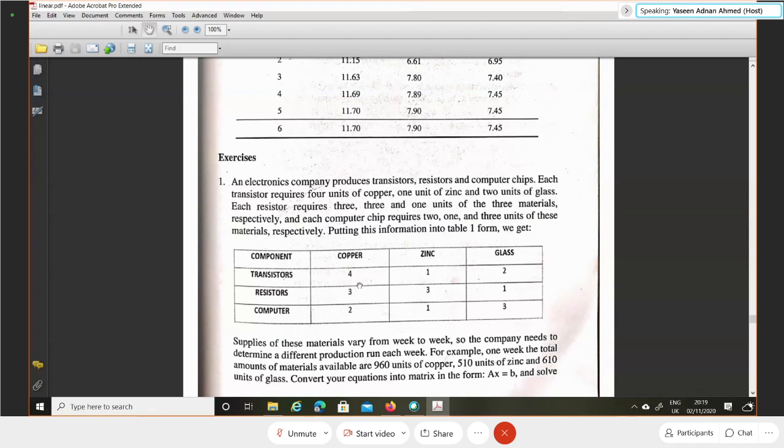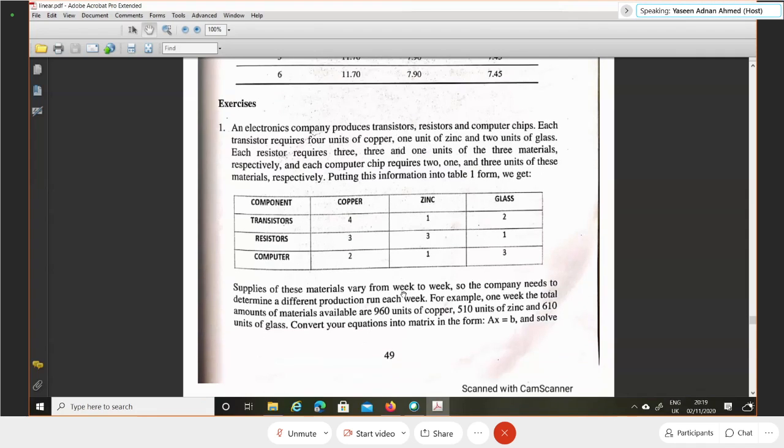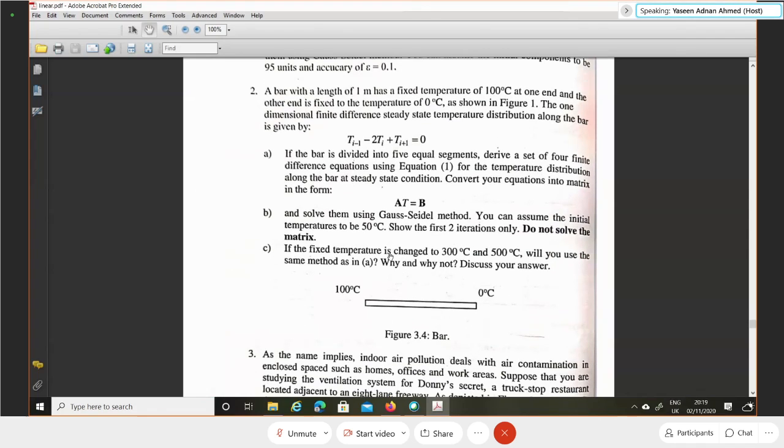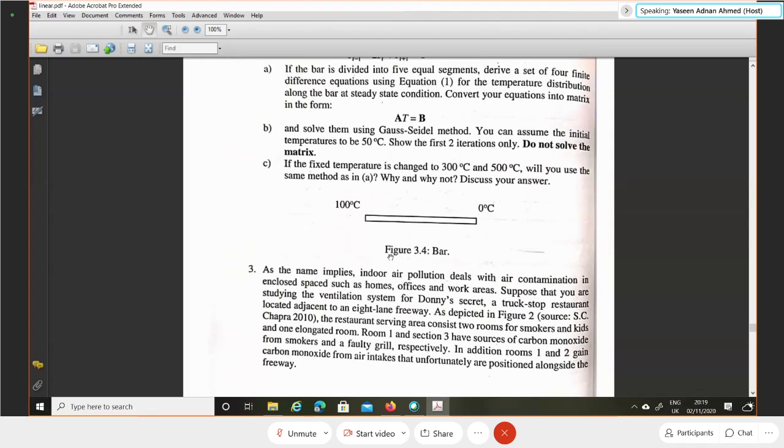They want to make something, with some percentage of copper, some percentage of zinc, some percentage of glass. For an example, a transistor will be 4x1 plus x2 plus 2x3, something like that. Try to find out the relationship. It is already given in the exercise, and the values are given, so you have to relate them and create 3 equations. This is the same. You have to spend some time on these things, so I will just go directly